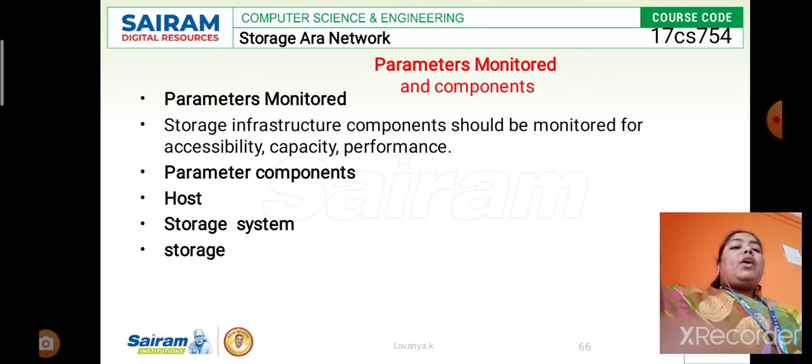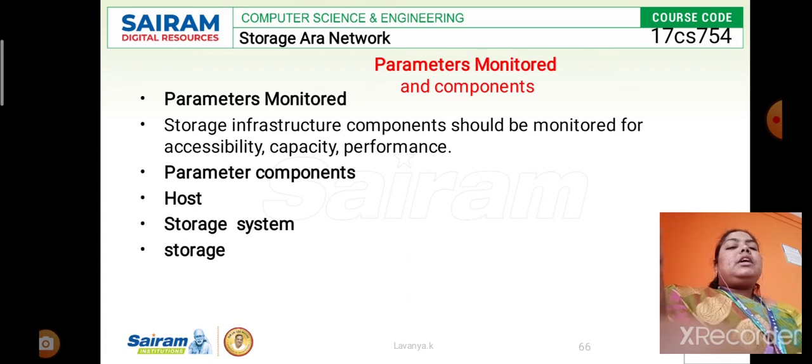See how we are storing the data in the cloud. The cloud tells us about the performance. Performance means how fast the data is stored inside the storage infrastructure, how fast we can retrieve the data whenever a person wants that particular data in the cloud, and how long or how fast they can transfer the data from one end to another end. These are all calculated as the performance of the storage infrastructure.